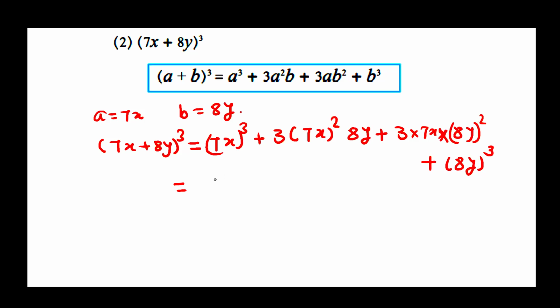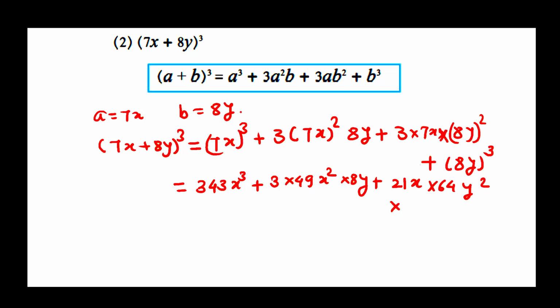See, we know that 7 cube means 343 into x cube, plus 3 into 7 square means 49 multiplied by x square multiplied by 8y, plus 7 3s are 21 x multiplied by 8 square into x into y square. 8 square means 64 y square, multiplied by 8 cube. We know that 8 cube means 512 into y cube